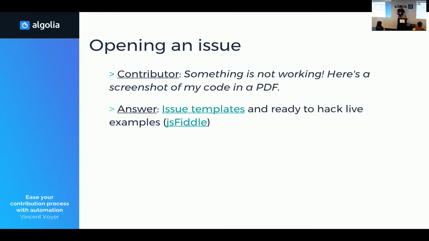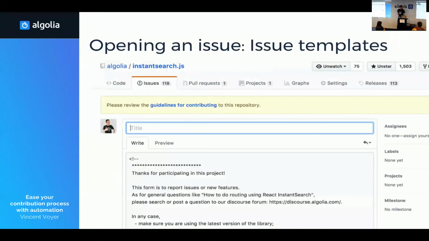So to solve that, we used GitHub issue templates. A lot of other issue trackers have those kinds of things. So it looks like that when you open an issue, you have a big text that you need to read. You can also just remove everything, but then you will have harder, different responses. So it starts like that.